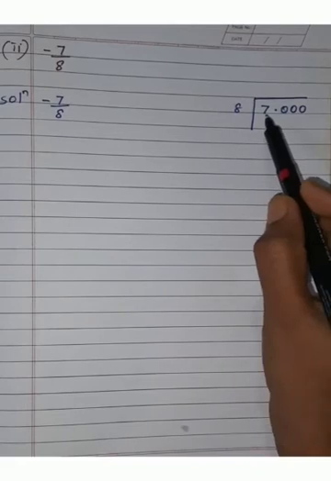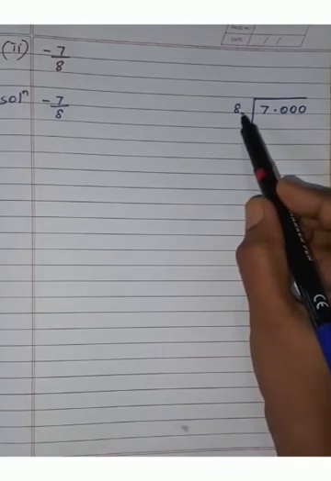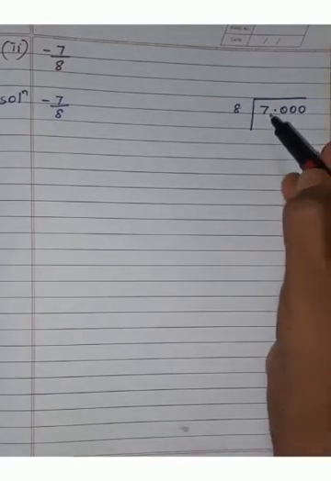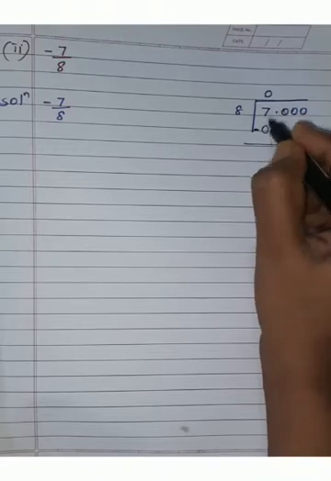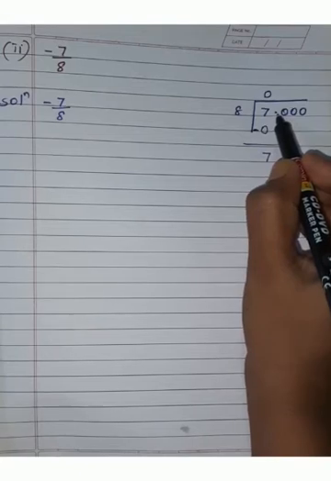Okay. Now here 7 is smaller than 8. So if we take 8 ones are 8, we cannot subtract. So what we will do, we will take 8 zeros are 0. Now subtract, children. Now when we subtract, what we get, 7 minus 0 is 7. Now we have finished dividing 7. So after 7 what we have? Decimal point. So put a decimal point over here.